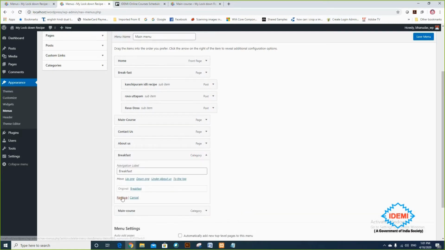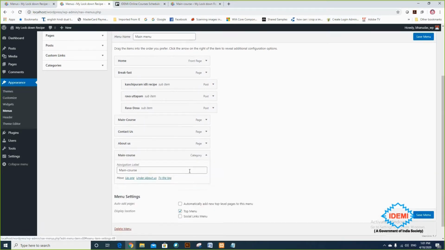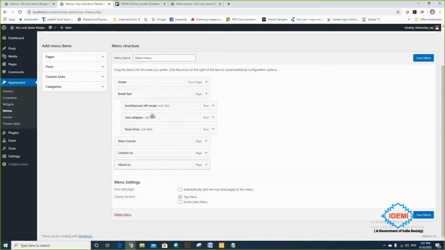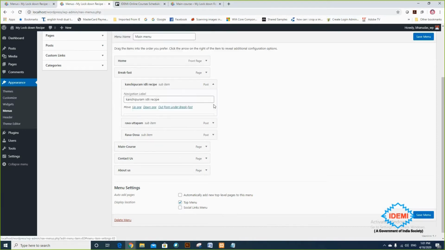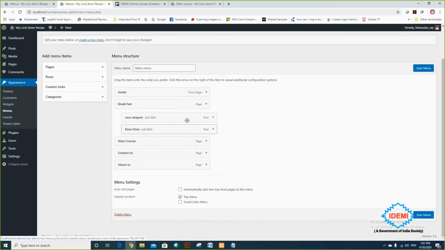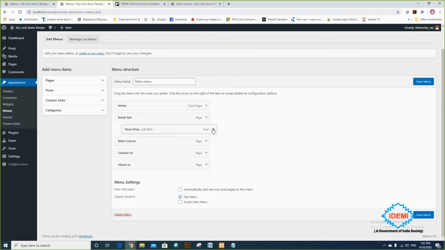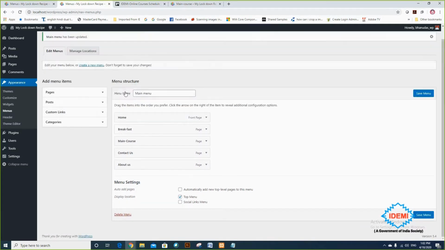So you don't need to create separate pages called breakfast and main course. I'm showing this in a different way, but you can categorize this. So I'm just removing these items too.